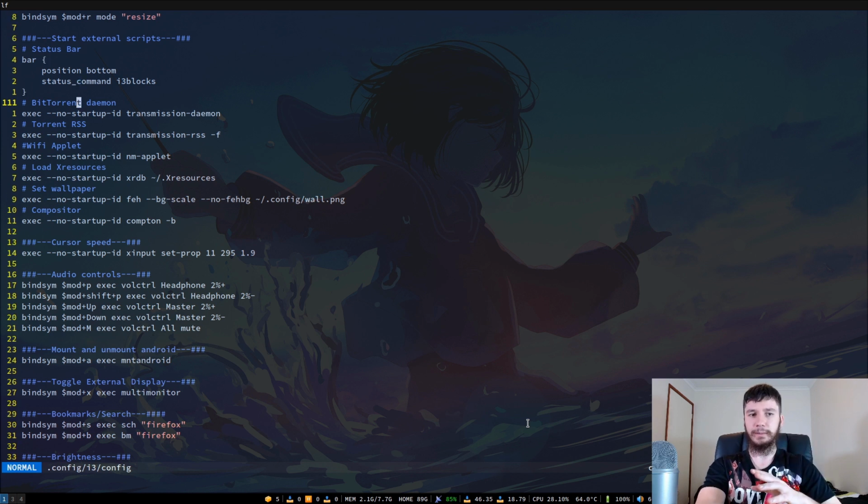So in here, I'm opening up programs every single time that my i3 config loads. I'm opening up my transmission daemon, transmission RSS, which exists because transmission doesn't have an RSS feed built into it, so you can load stuff into it like that. I've got my Wi-Fi applet. I load up my X resources file, I set my wallpaper, and I open up my compositor. I also set my cursor speed so I can have it at the setting that I like. Then we've got things like my audio settings, my script to mount an Android device, my script to set up multi-monitor support,